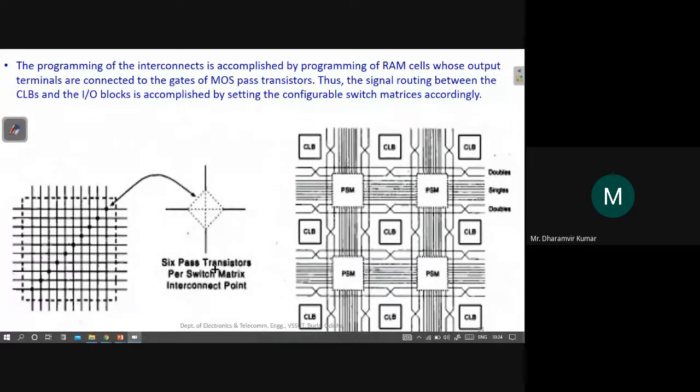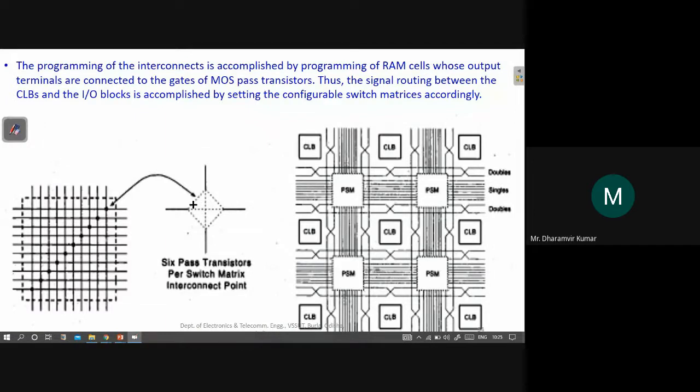Like I said, these contain interconnects which are programmable in nature. Look here, for example, these are the horizontal and vertical routing channels. The junctions at which these vertical and horizontal lines meet, if you zoom in, will look like this. This is the vertical line, this is the horizontal line, and it will have 1, 2, 3, 4, 5 and 6 connections like this.